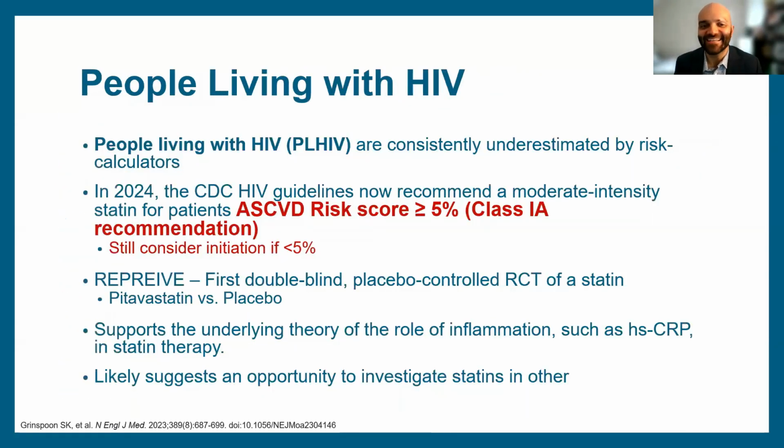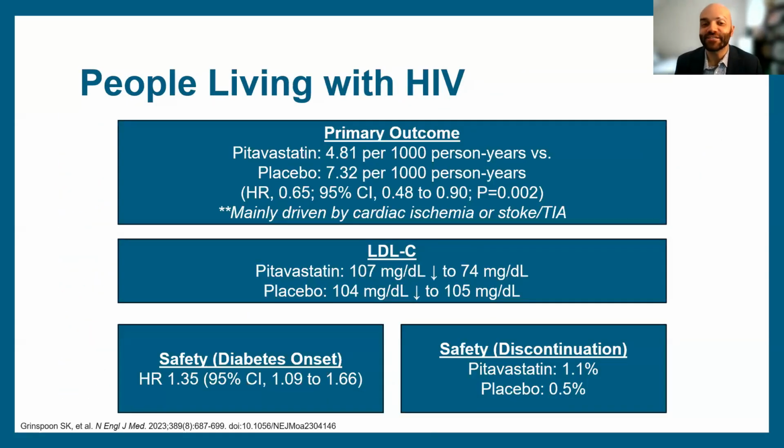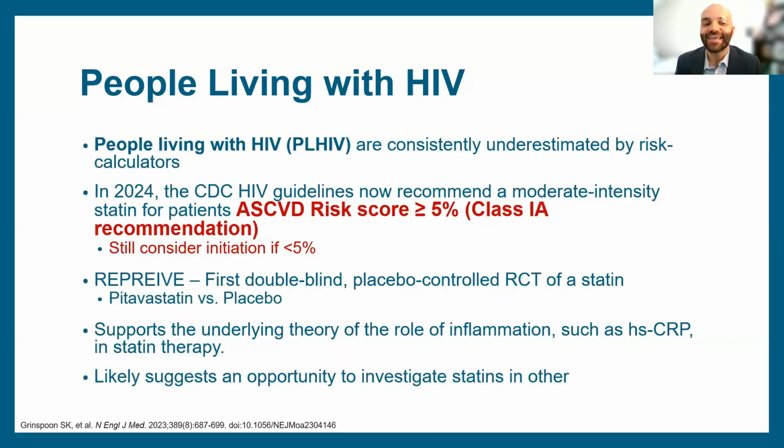All right, very quickly at the end, HIV. This is potentially the newest, largest recommendation, and a lot of where my research is. We've seen that in people with low ASCVD risk, as low as 5%, we had a first prospective intervention RCT of a statin versus placebo in people with HIV. And we actually saw it's almost as effective in people with HIV with an ASCVD risk score as low as 5%